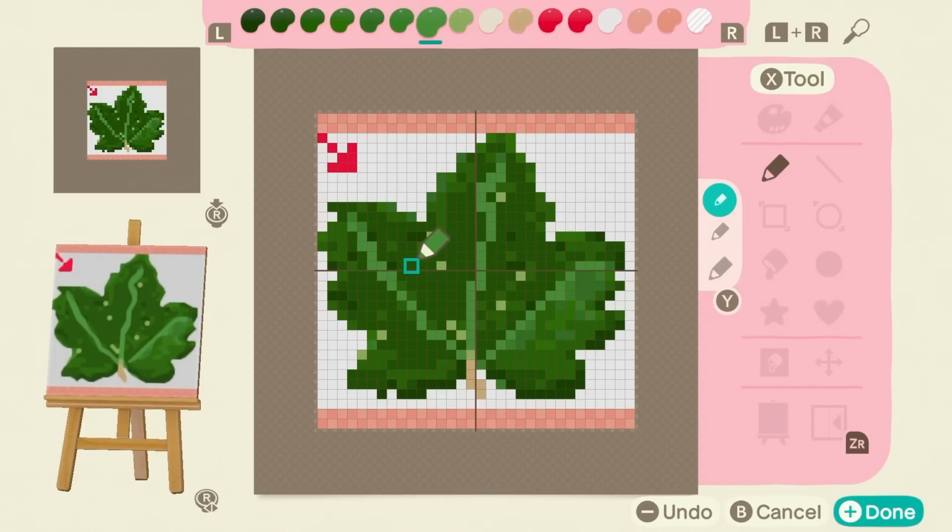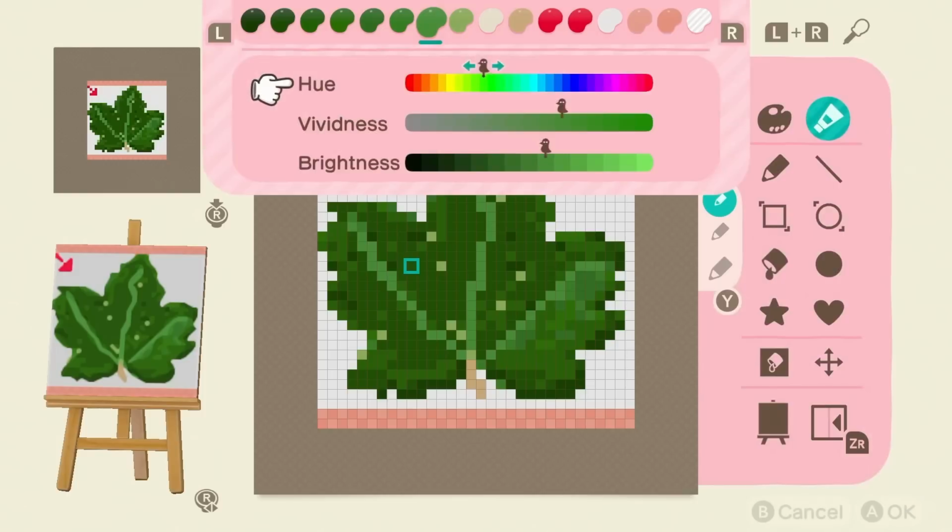Okay. Yeah, so that color is then too light. That's fine. So I need to darken that down. So that is that one. So the vividness is okay, but if I bring the brightness down, is that going to be identical to one of the other colors? No, that's not going to be identical to that. But if I bring it down again, it's going to be basically invisible. But maybe that's the point.